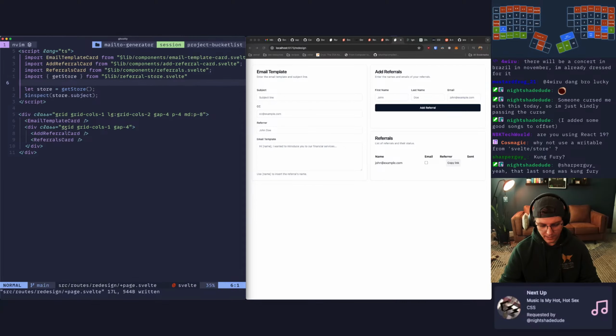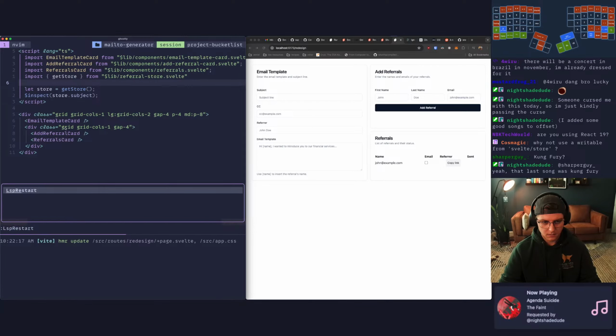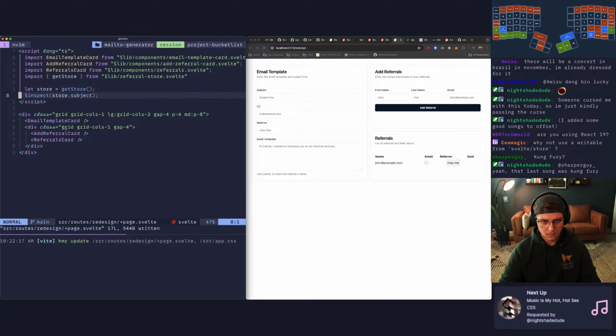And if that is compiling, it looks like it is. We should see in the console over here.